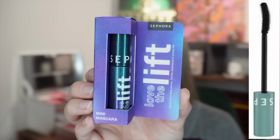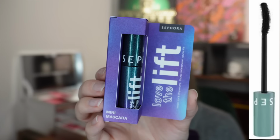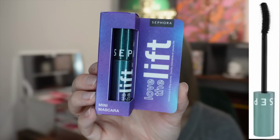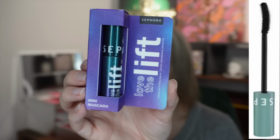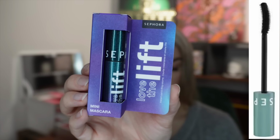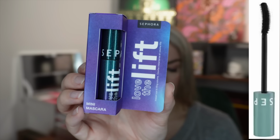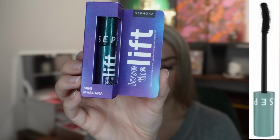Also behind day number 2, we get the Sephora Love the Lift Instant Curl and Lifted Volume Mascara, and this is in a 5ml size. They generally only sell it in an 8ml, so price per ml this is worth about $9.36 because the full size is 8ml for $14.99, and we get 5ml or 0.16 fluid ounce. And this creates a gravity-defying curl from the lash root to the finest tips for 16-hour lifted volume, curling, lifting, volume, and also waterproof. It says on the website it's waterproof. It doesn't actually say that on the packaging as far as I can see, so...